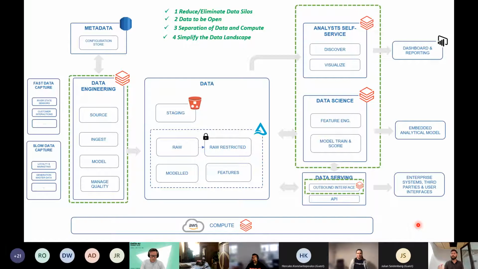Now, analytics self-service happens as Databricks notebooks today, but we'll be moving to the Databricks SQL workspace very soon. And the data serving part, which is pushing the data out, we have not embraced data sharing yet, but we've managed to create a Databricks process that moves data as we need it. So for all of these different workloads, we basically work on the same tech, simplifying the landscape and simplifying security.